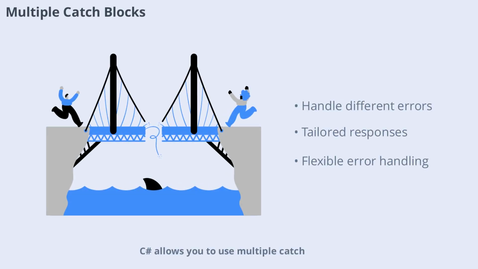C# allows you to use multiple catch blocks to handle different types of exceptions. For example, you might catch a DivideByZeroException, an IndexOutOfRangeException, and a general Exception, each with its own response. This flexibility lets you tailor your error handling to the specific needs of your application, ensuring that each type of